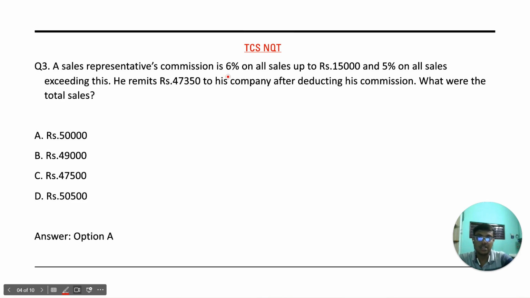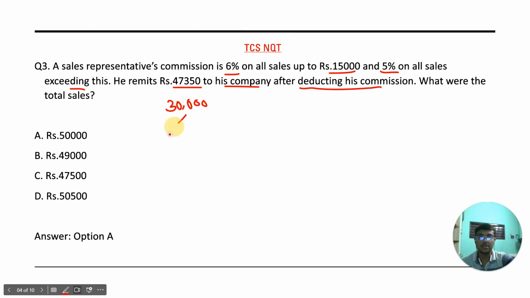A sales representative's commission is 6% on all sales up to rupees 15,000 and 5% on all sales exceeding this. He remits rupees 47,350 to his company after deducting his commission. What were the total sales? Okay, so the question says that, let's say the salesman or the sales representative earns an amount